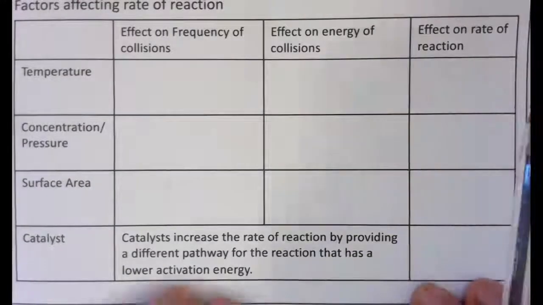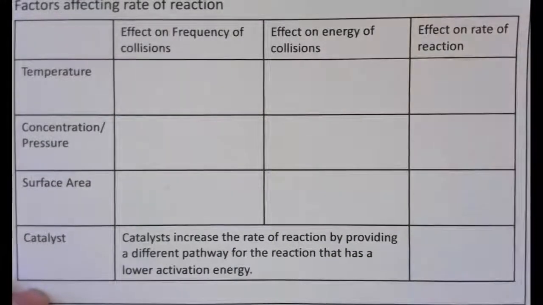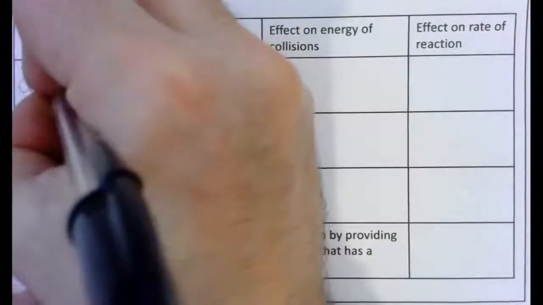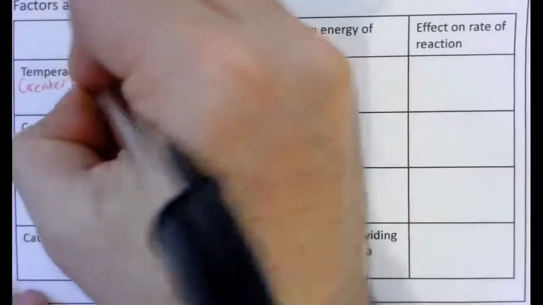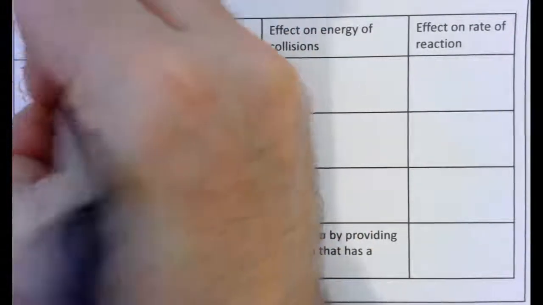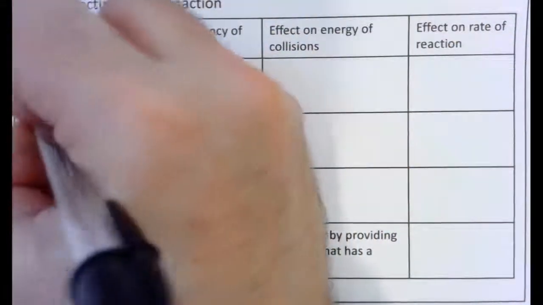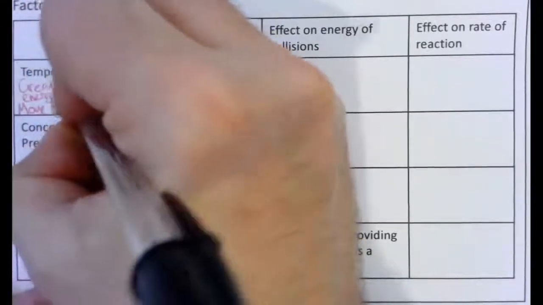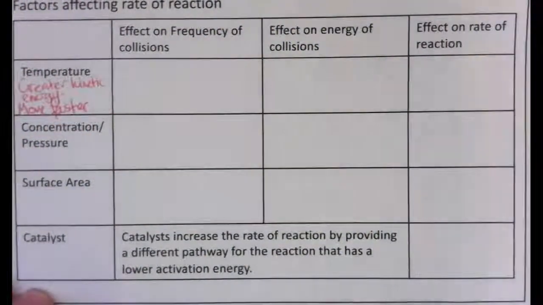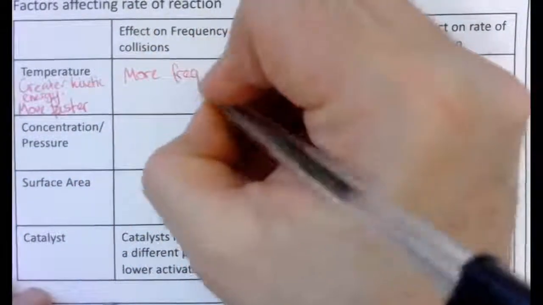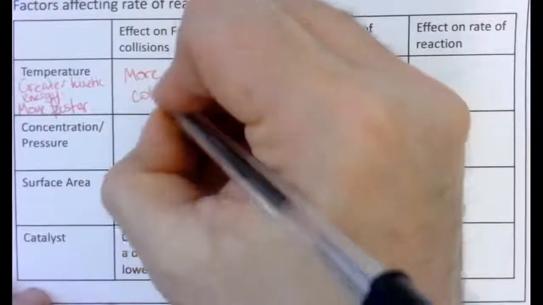So if we increase the temperature of a system, the particles have a greater kinetic energy. If they've got greater kinetic energy, this means they're moving faster. So our particles are now moving faster. If they're moving faster, then they're more likely to collide with each other. So we can say that there are more frequent